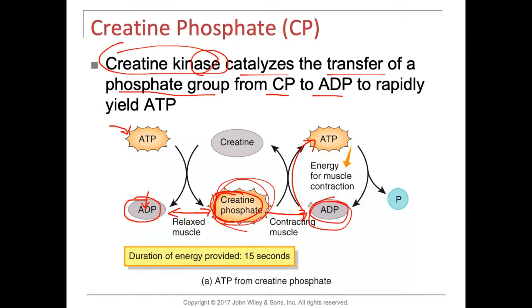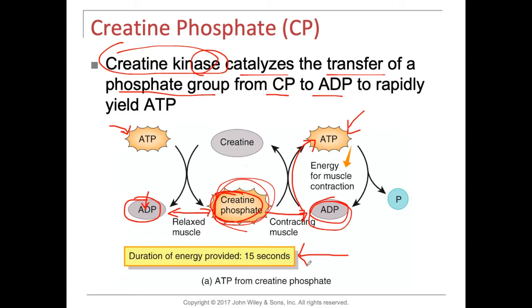Here's ADP. It's going to require this enzyme CK, creatine kinase, to produce ATP. We need ATP for energy to do any type of work. Okay? The creatine phosphate can provide energy for us, but we use it pretty quick. Like if I'm doing a power lift, let's say a deadlift, one deadlift,